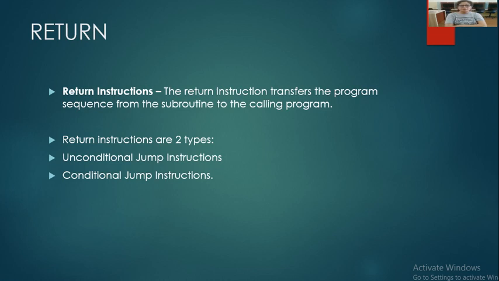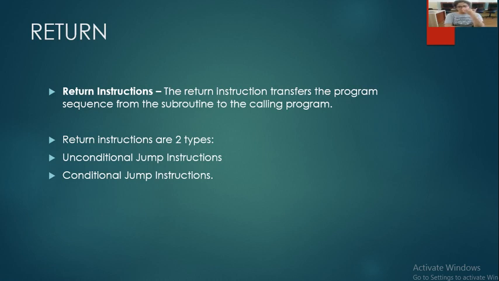As we use jump and call statement, jump is used when we have to jump to some particular address, whereas call is used when we have to call some instruction. So return is used to return back to that location. As I have told you, call instruction is used to call some instruction from some particular location, and it stores the next instruction in the stack. So after the execution of that instruction, it will get the instruction back from the stack. So this is basically return.